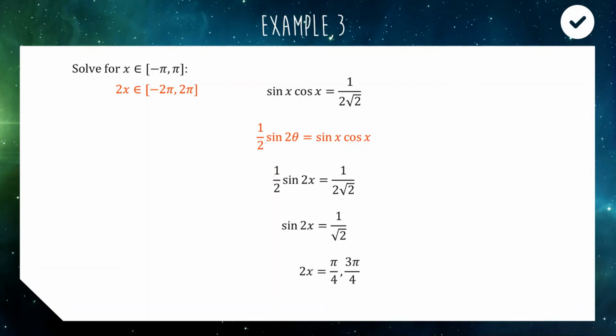Okay, so there's our first two answers: pi on 4 and 3 pi on 4, quadrant 1, quadrant 2. Now getting the other two answers, because we're going all the way back to negative 2 pi, is pretty tricky. The way I choose to make sense of these, just personally, this is what makes sense in my brain, is